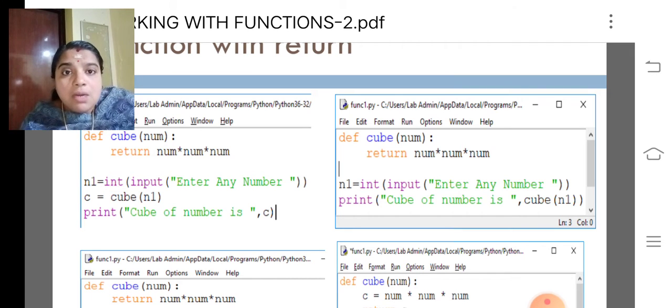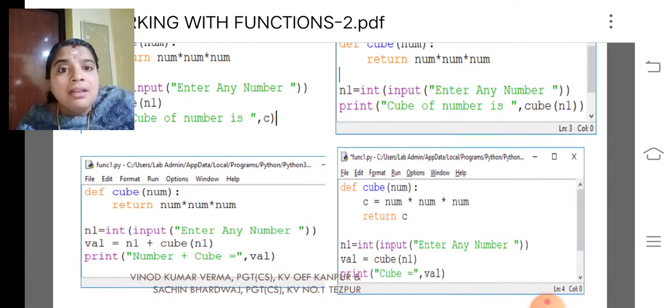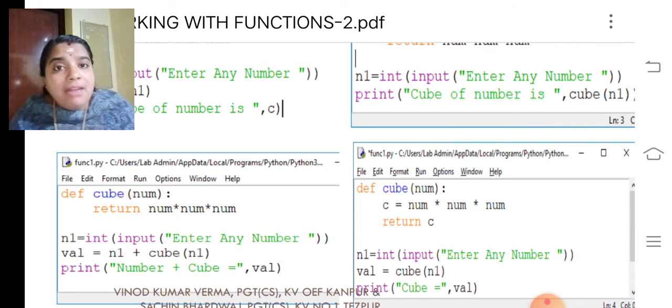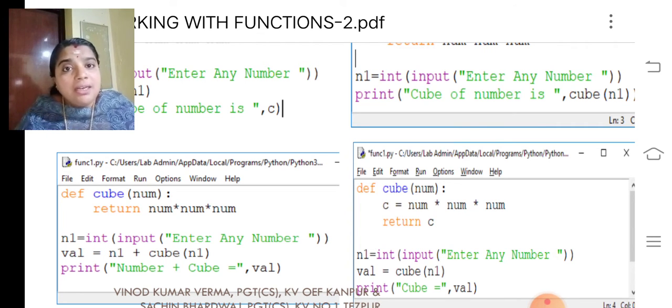Look at the next one. Next example. Here we are using cube of n1 with an expression, that is value equal to n1 plus cube of n1. That is, cube of n1 is a return function.